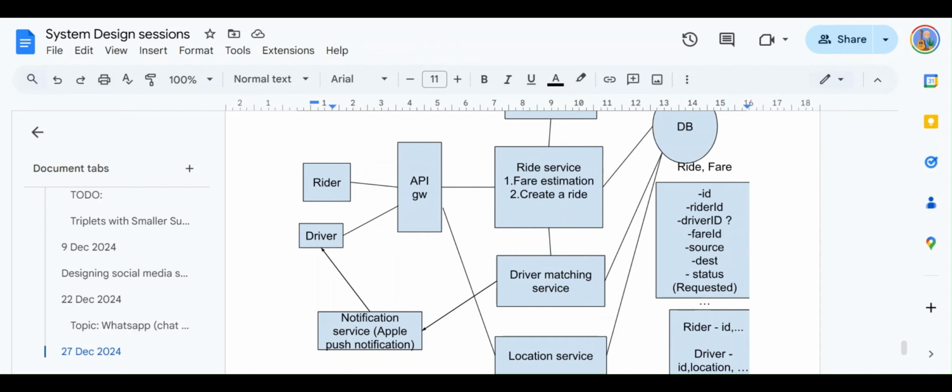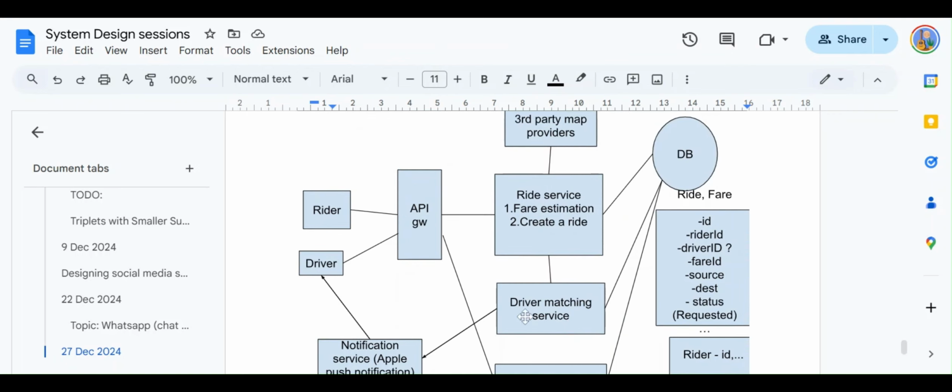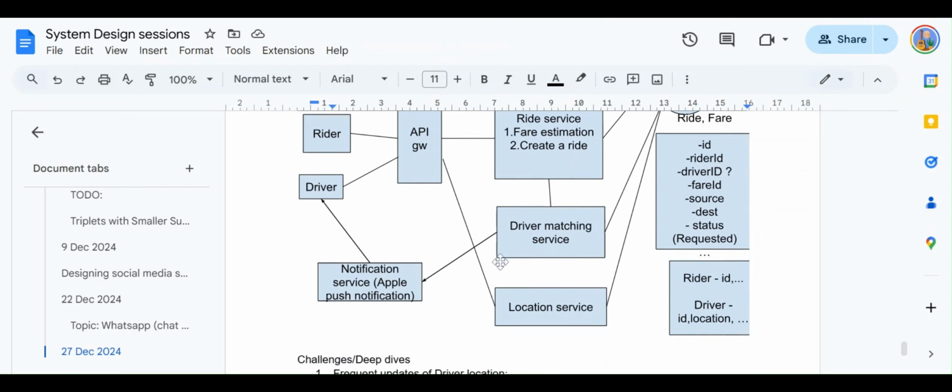But the problem in our case is that if we just use the database, we need to keep track of the timer in our application layer. It means that the driver matching service instance has to keep track of whoever acquired the lock, keep a timer, and then go and make those updates. This is going to have a problem. Imagine that if that instance of the driver matching service got restarted for some reason.